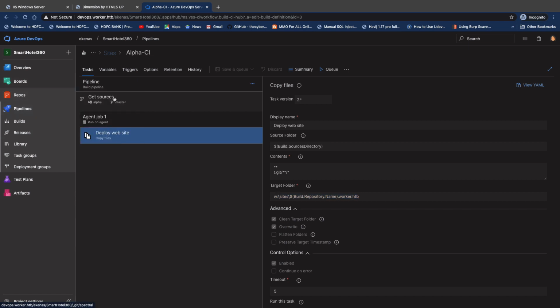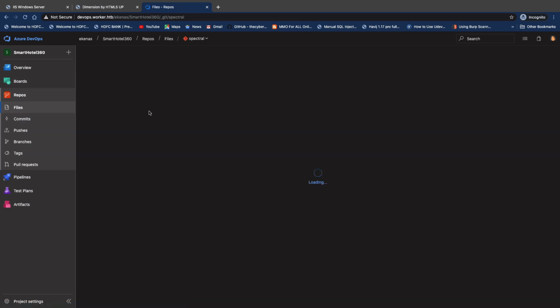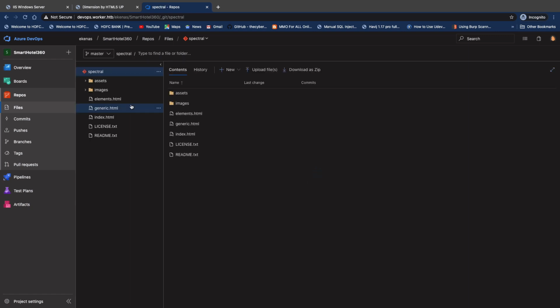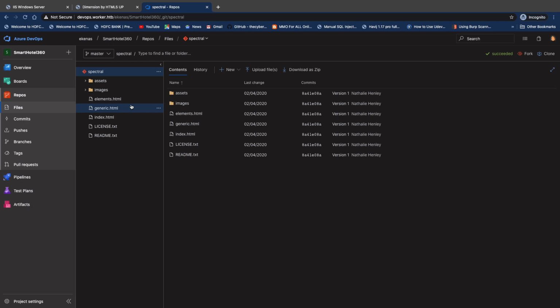Now we'll see the repository part. When you look into a repository, you'll get some kind of files. Here you can see we have element.html, integral.html, license.txt, and I can see the functionality called upload file.